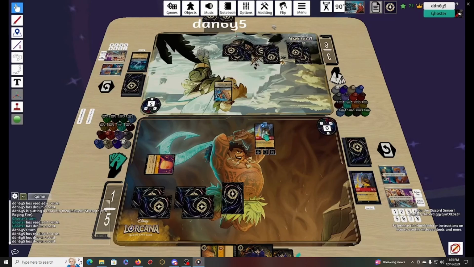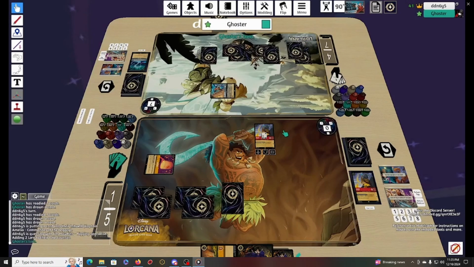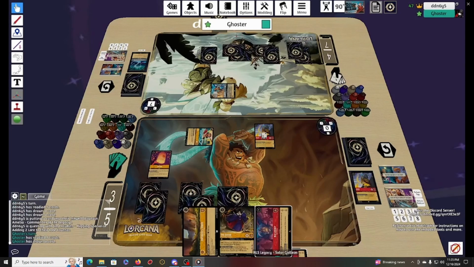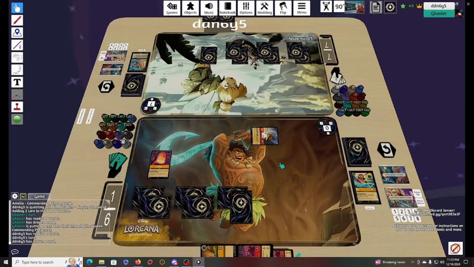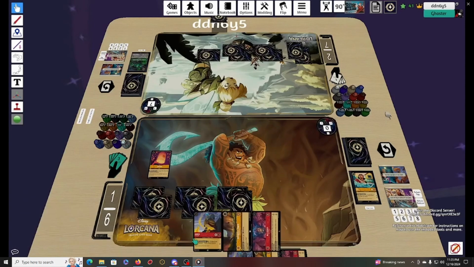So it doesn't matter how strong this guy is. Ooh, unless he can finish this off with more damage. This is where that Rapunzel's tower would be really nice. But we got to use the Lilo. And this is kind of when you get into one of these almost self-locks where, okay, I can keep his character off the board, but...